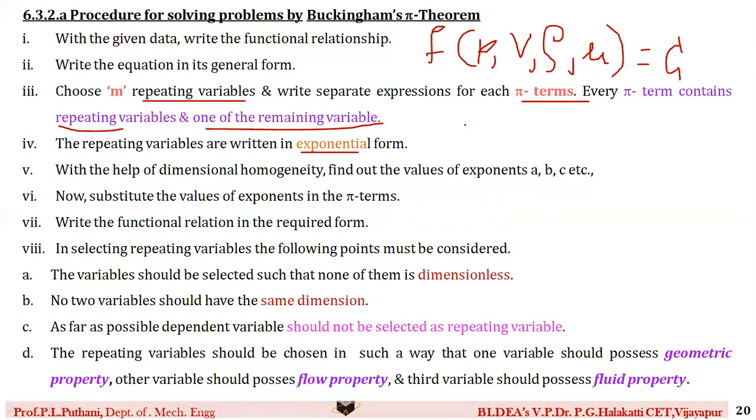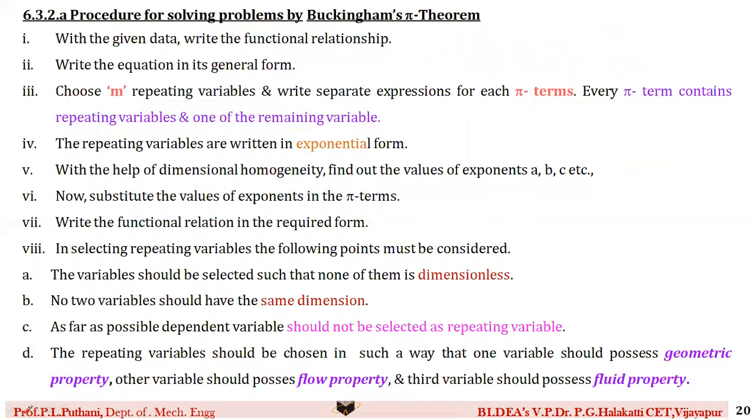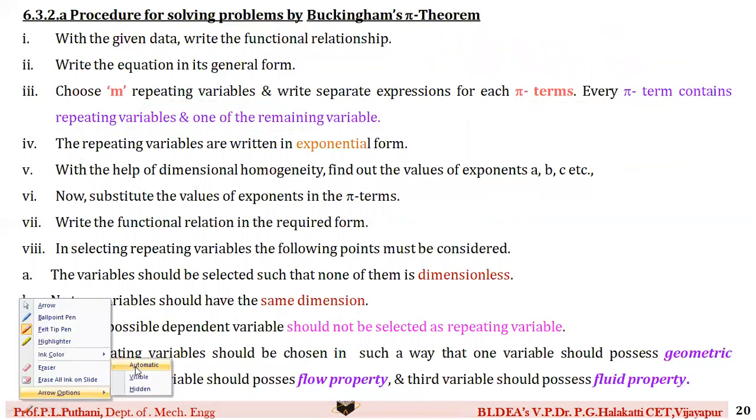Suppose I say my repeating variable is diameter d, so you have to write its exponential form, that is, in the form of d to the power of a1, d to the power of a2, d to the power of a3. So this a1, a2, a3 is nothing but the exponential form. Then with the help of dimensional homogeneity, you have to write it for all the pi terms, and write it in the form of